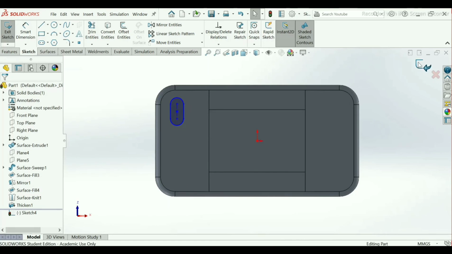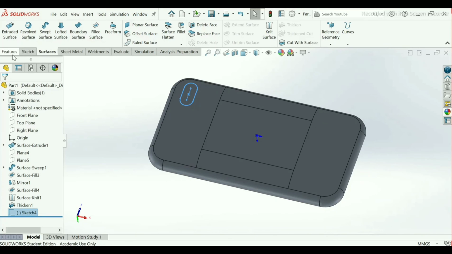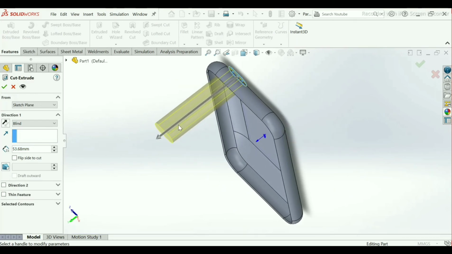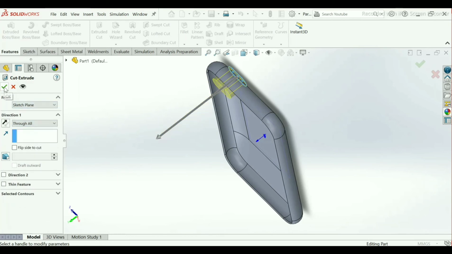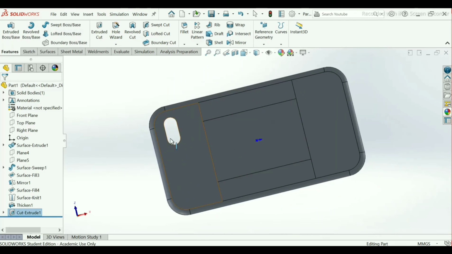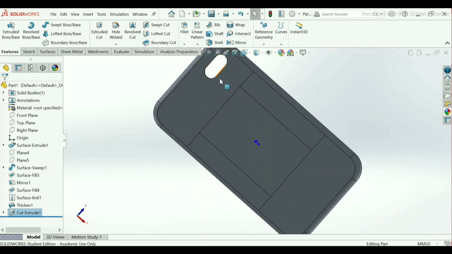Go to exit. Now go to features, extrude cut. Make end condition as through all. OK. We have given here for camera, means our mobile phone camera, that will be placed here, and this is for camera look.